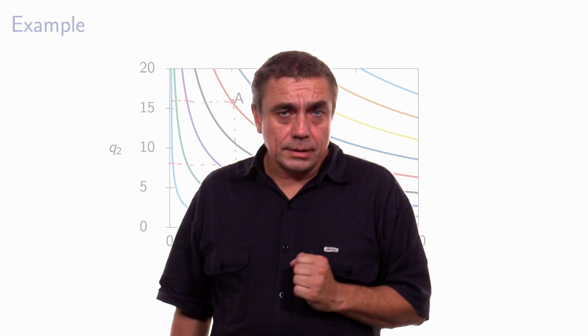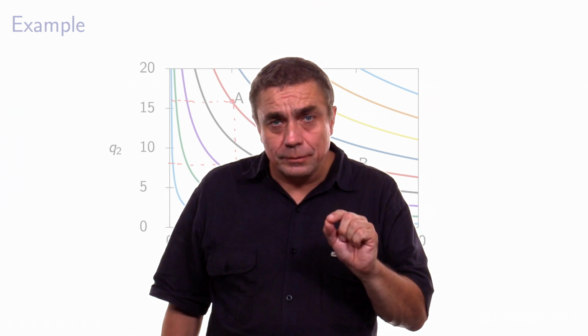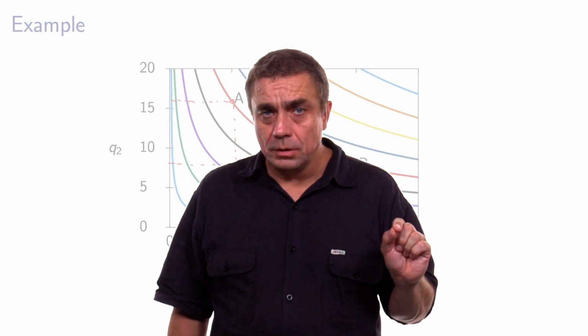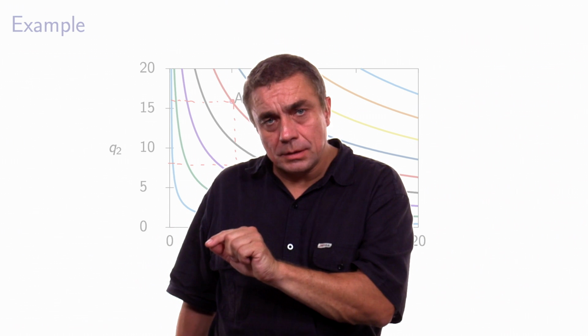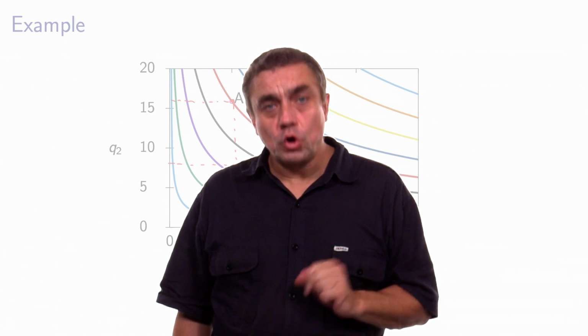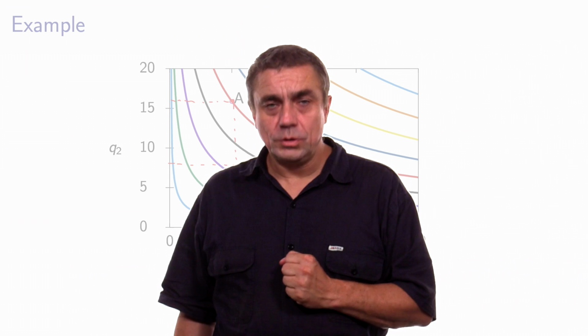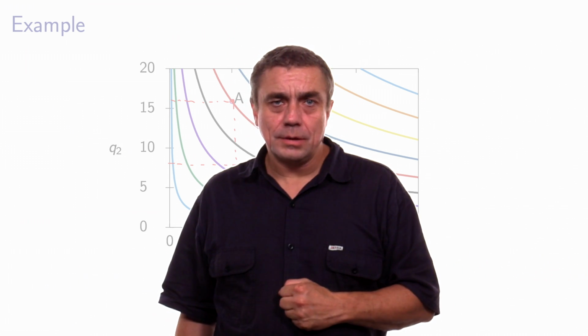So the economic agent is completely indifferent between purchasing basket A or basket B, because both are associated with the same utility. Now what would be interesting to do is to derive the demand function that I was talking about, the one that predicts the optimal quantity as a function of budget and prices, using the specific case of the Cobb-Douglas utility function. I let you do this as an exercise.